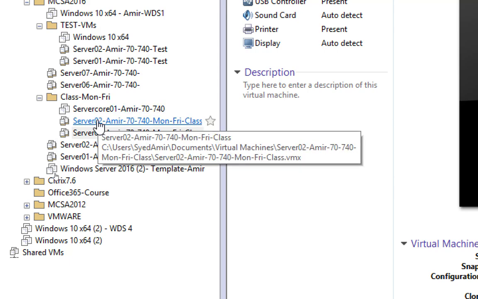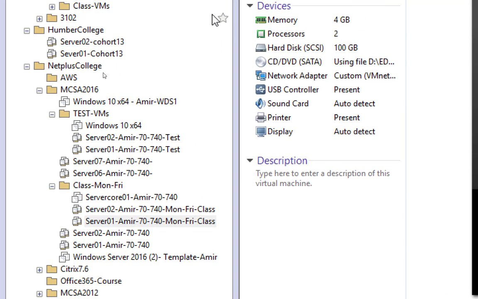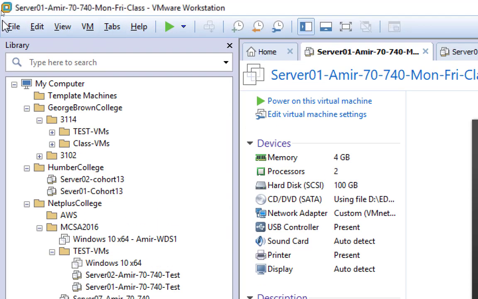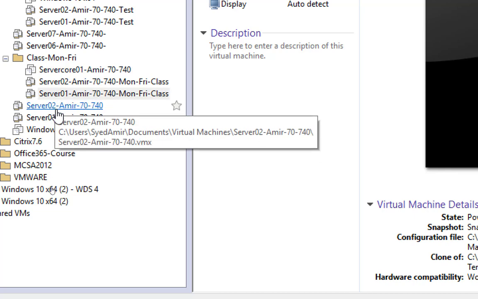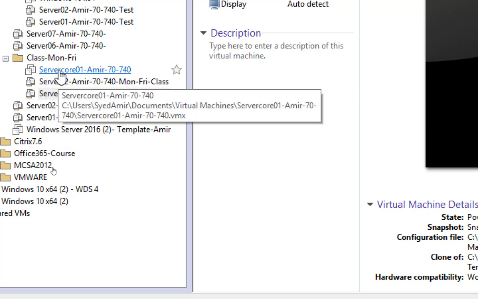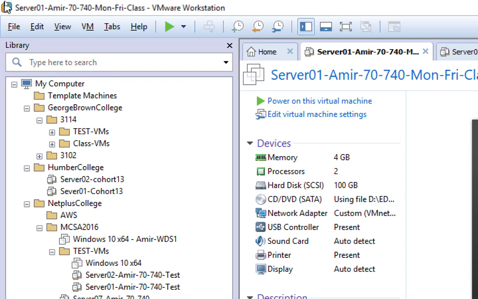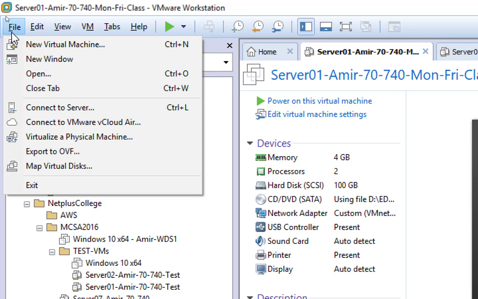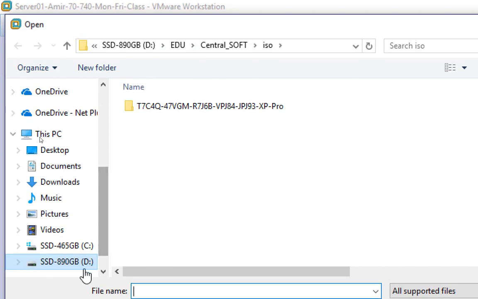So instead of that, your SSD drive letter should be showing here. So we're going to add those machines first. We're going to make sure they are added there, and then we're going to get rid of the C drive machines, right? So those machines have been copied, right? For everyone? Yes. Okay. So go to File, go to Open,